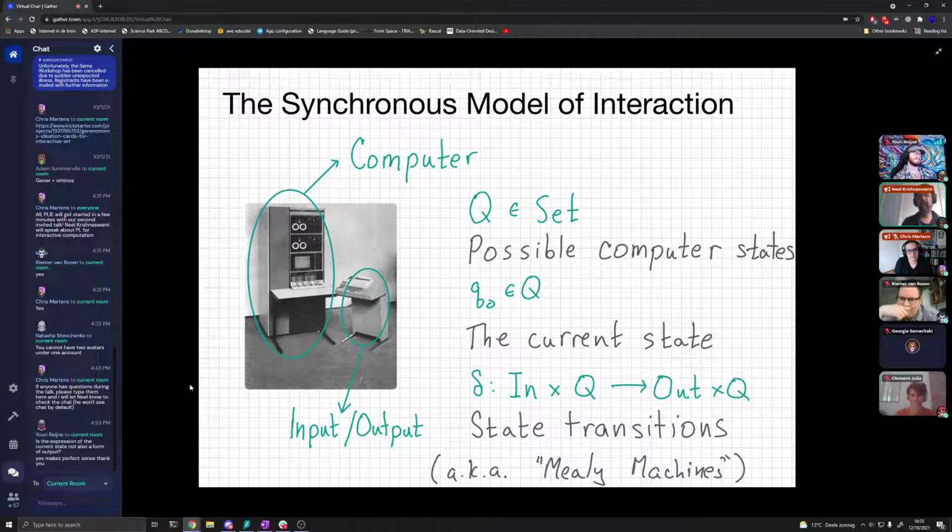Yeah, so the point is that the state of the computer is in some sense hidden from us, and we interact with the computer by giving it inputs and reading out the outputs. And if you iterate this process of giving inputs and taking outputs, you give it a stream of inputs and read out a stream of outputs. All along, the state of the computer will evolve in some fashion that we hope is beneficial.